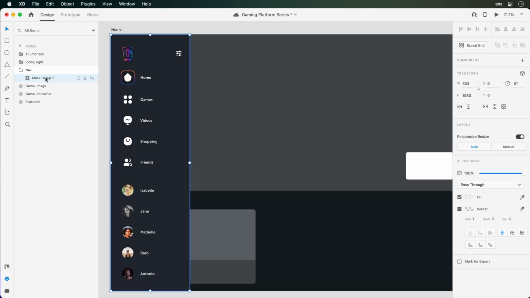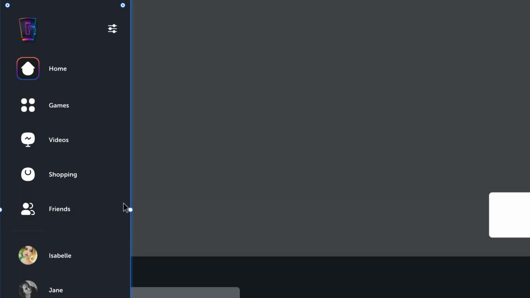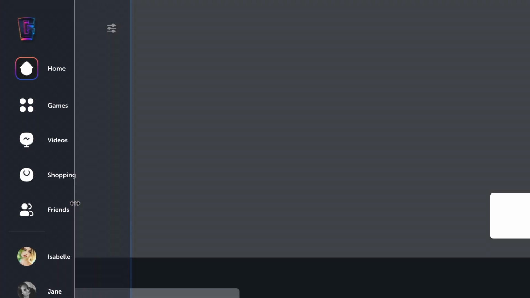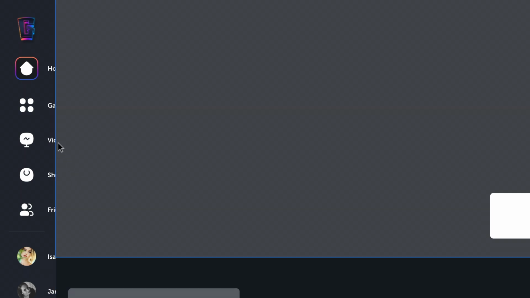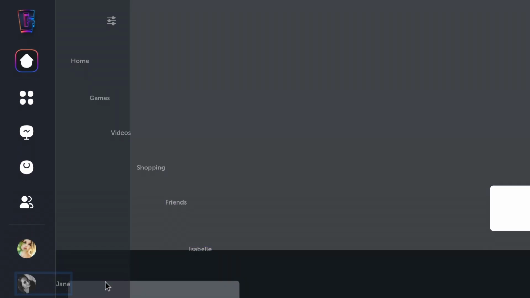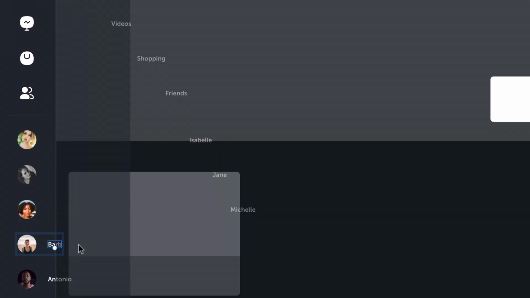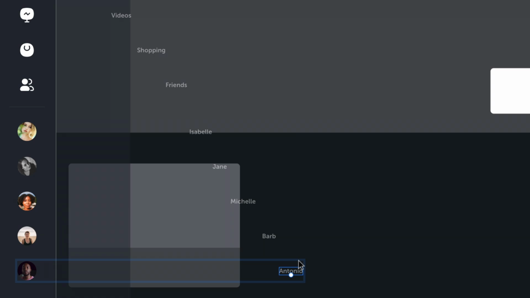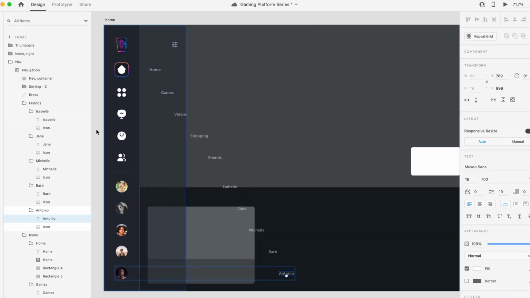This will create a mask group, which I'll name Navigation. Then the first layer within this group will be what determines what's visible and what isn't. So if I transform it inwards closer to the icons, the text layers will become masked outside of the bounds. Before we create our component, I'm going to quickly shift the text layers over to the right, and maybe even stagger them a touch. This will create a feeling that they're entering at different speeds when the component is expanded. This is completely optional, but sometimes adds a nice effect.